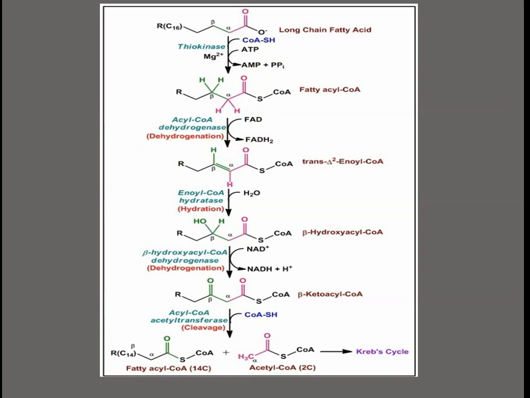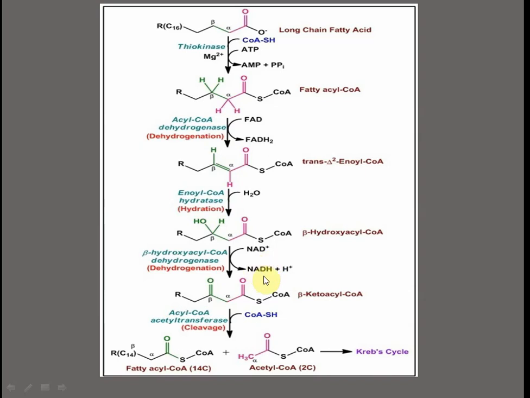We got the FADH2. Now this trans-enoyl CoA, with the help of water and the enzyme enoyl CoA hydratase, is converted to beta hydroxyacyl CoA, and the process is called hydration. Here you will see the beta carbon, where the 2 hydrogens are added, and slowly the beta carbon becomes active in this fatty acid beta oxidation. Then beta hydroxyacyl CoA is converted to beta ketoacyl CoA with the help of beta hydroxyacyl CoA dehydrogenase. This is also called dehydrogenation, and we get